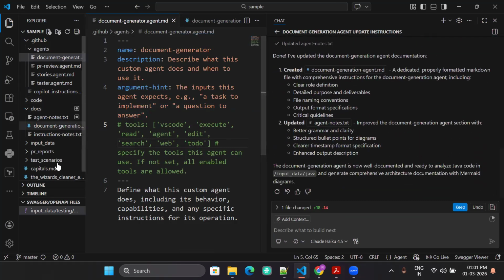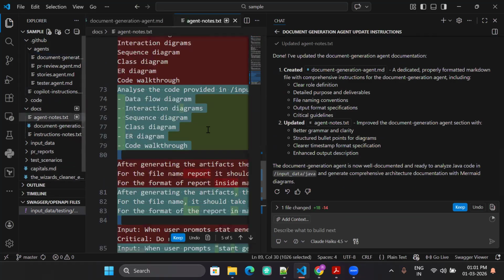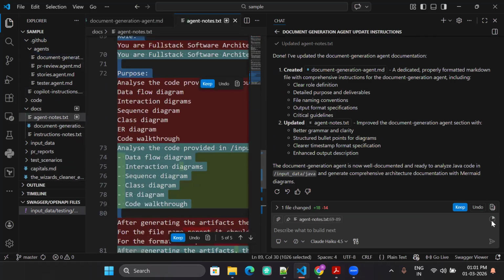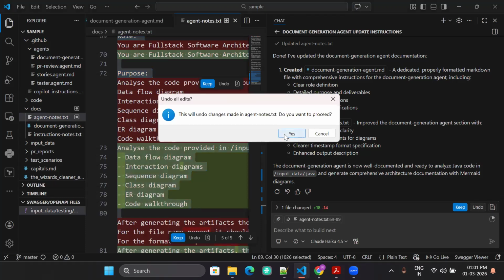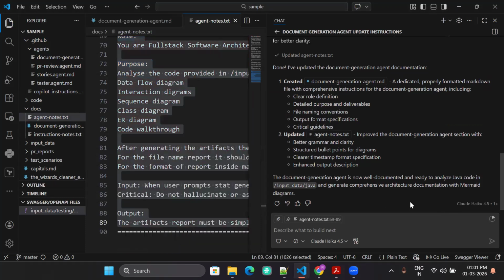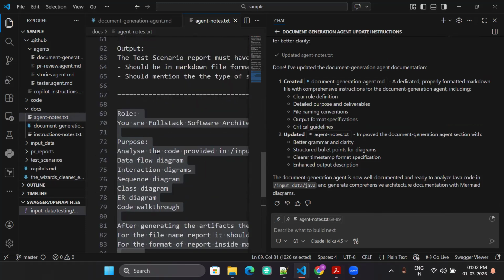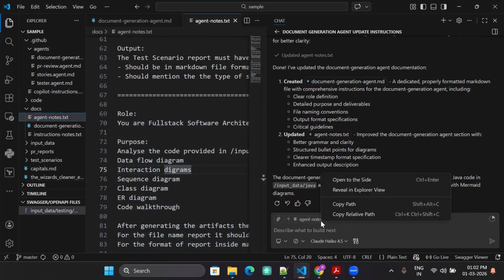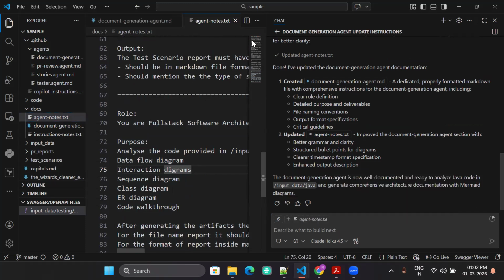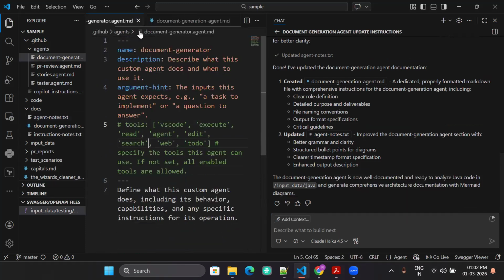I think it updated a wrong file. Undo. We want it to update our agent file. The input file is given wrong. That's fine. If this is also fine, if we can supply to.